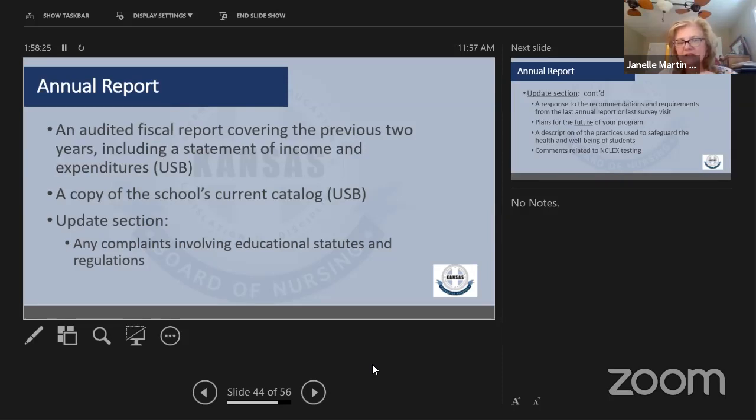I did get a question asked about being able to upload a document with the annual report rather than sending them separately. Right now, this particular report does not accommodate that. So we are going to continue, at least at this point, to ask for those two pieces of documentation to come by USB if we continue with this report. So that's just to respond to the question. So yes, there is the filling out of the annual report, and then the final requirement of that is to send these two pieces of information per a USB drive to us to make sure that that entire annual report is complete.